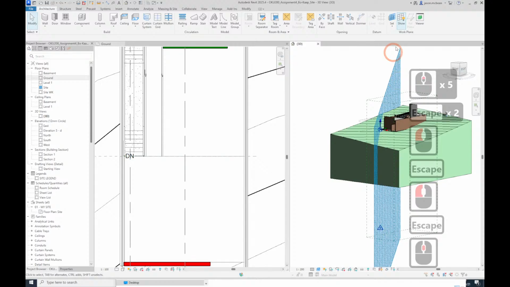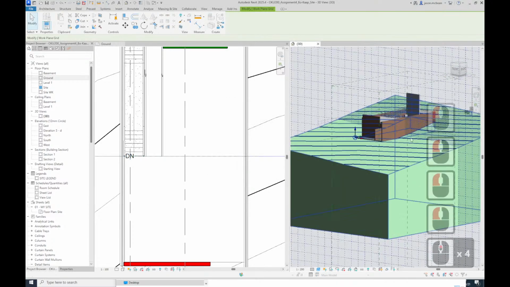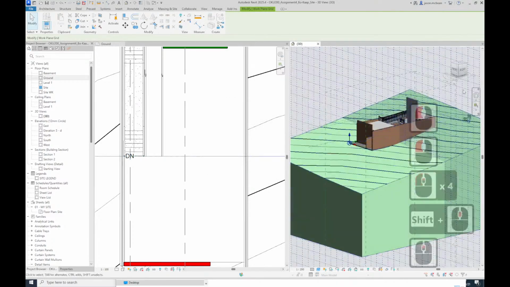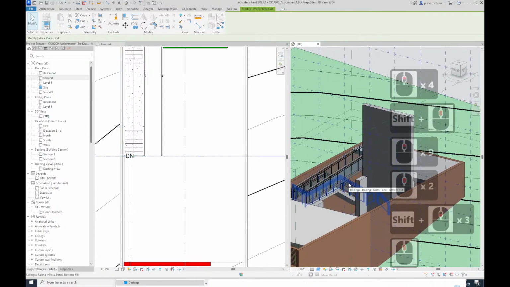That's strange. Let me set, maybe I've selected the wrong set work plane. Oh, no wonder. Roof. So go bang. Okay, so now that work plane's looking in that direction. Now I'm going to tell Revit to create a roof